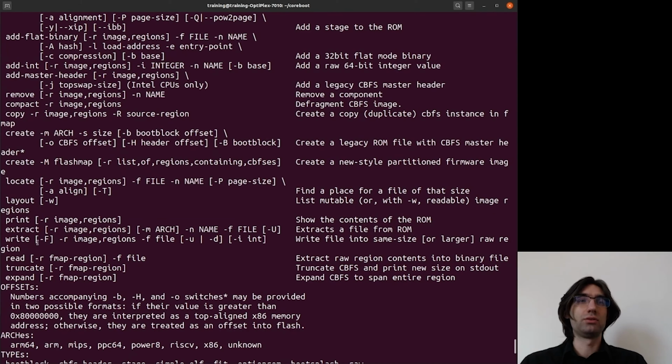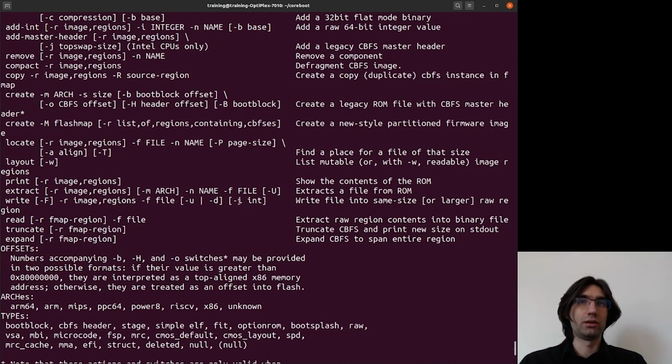We can write to the flash map regions. So basically, what it allows us to write raw data to the raw region without any CBFS structure. And here we can define the file which should be written, and whether it should be written upside down or downside up. Or we can even write it with some kind of integer to fill the free space.